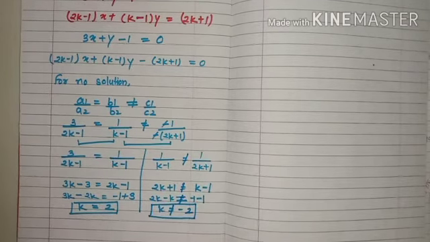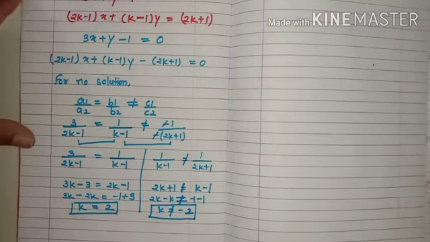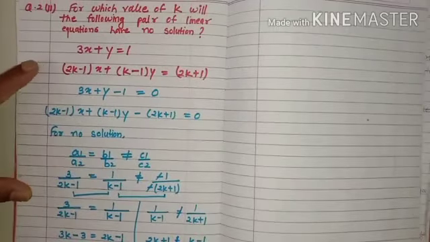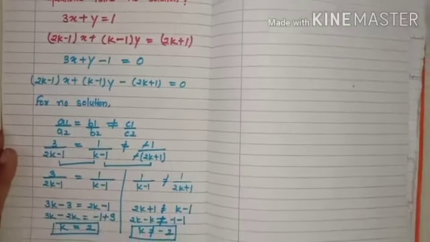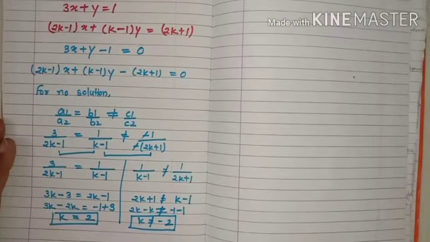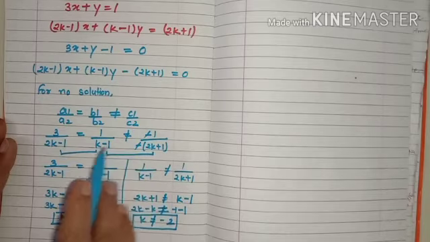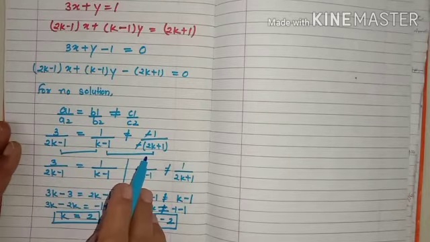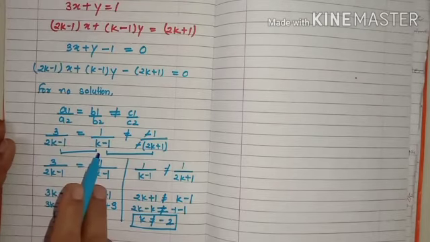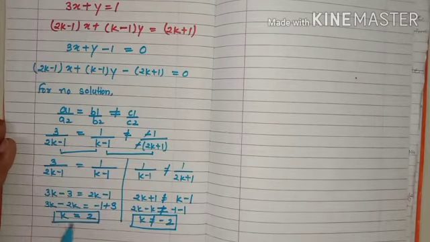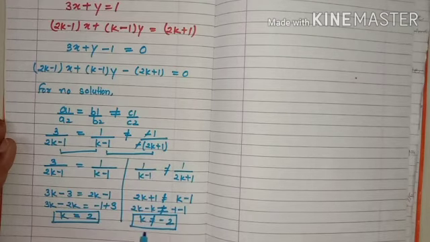So student, at the time of the sign, be careful. The question was, the given equation has no solution, and using the no solution condition you have to find the value of k. First we will apply the condition of no solution, then we will substitute the values of A1, A2, B1, B2 and C1, C2, and when we compare the first part with the second part, we will get k equal to, and when we compare the second part with the third part, we will get k not equal to.